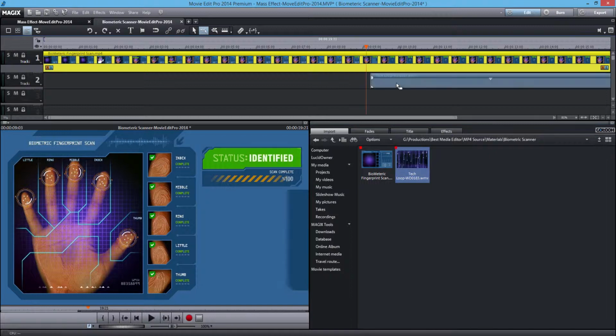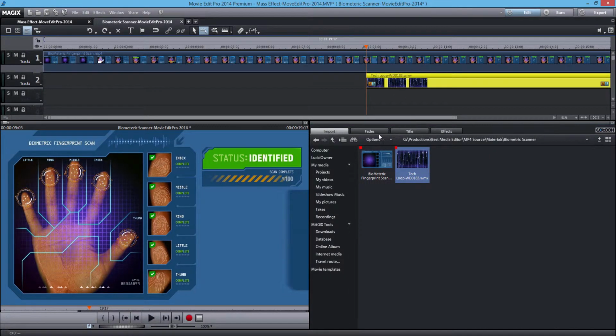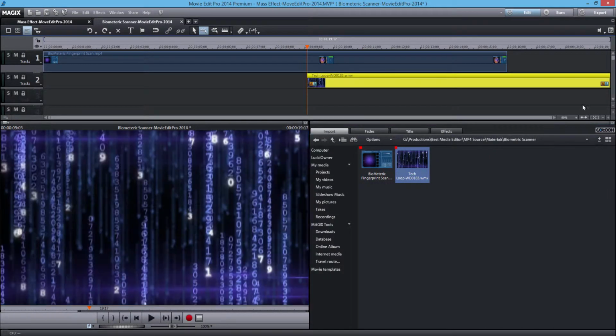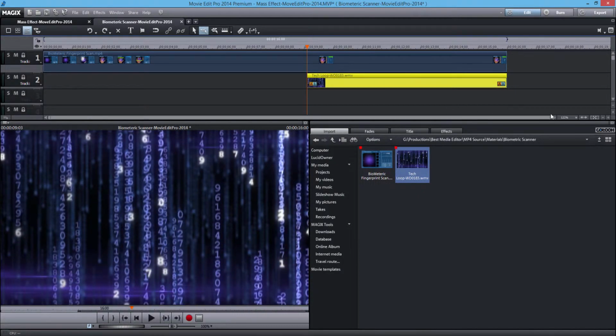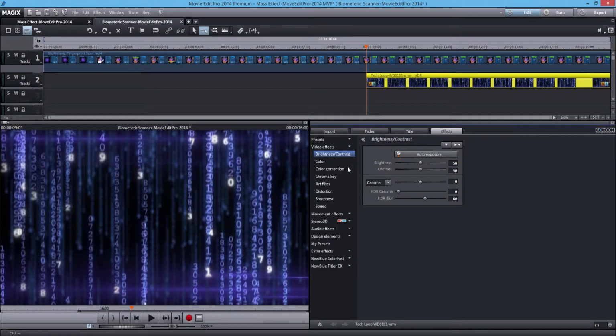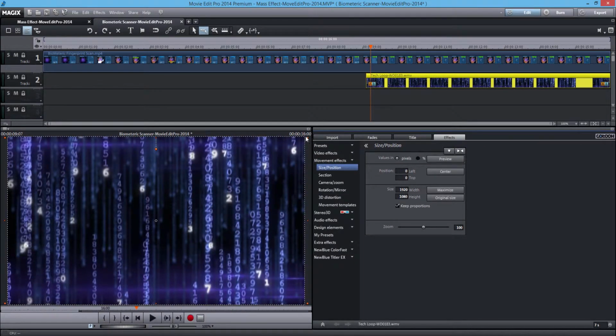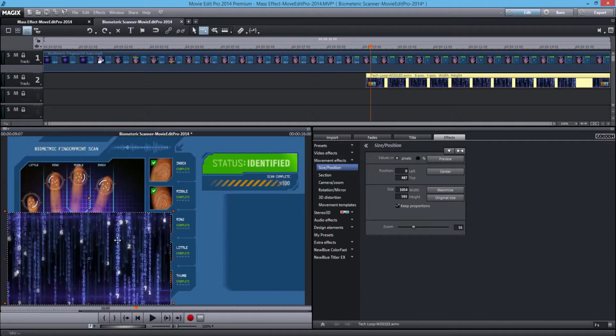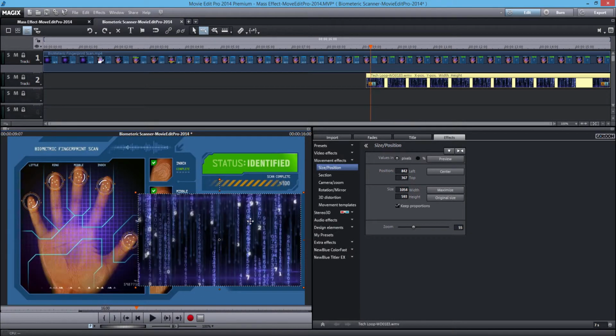Now where it says insert your photo, what I want to do instead is put in a video. Now the video is this matrix-like little clip, and what I want to do is just have that show and play. So we've got a picture-in-picture inside the system, or the biometric scanner clip. Now this is a very easy process, because once you hit that button, change the size, you just move it around,